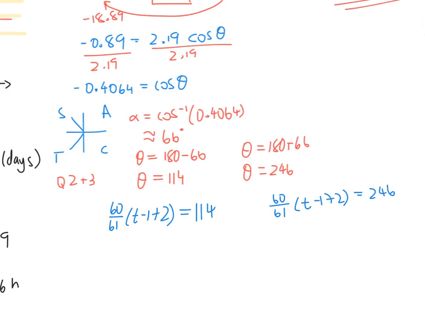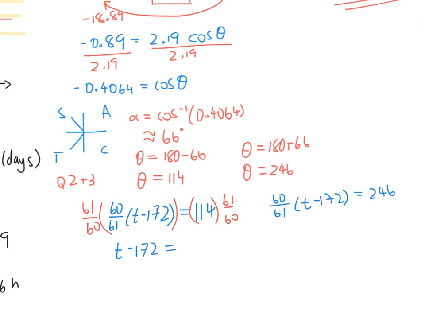Now we're just going to isolate for our time. This is now just a linear equation. We already dealt with the trig part. So first thing we should do is get rid of that 60 over 61. And the way you can do that is multiplying both sides by the reciprocal or just dividing by that fraction. So I'm just going to show my work for this first one. I personally like jumping straight to the multiplying by the reciprocal. So when I do that,